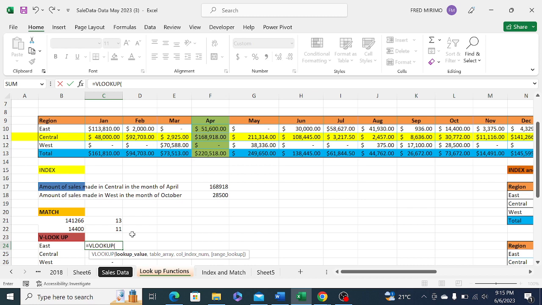You see now my region, it's common. So the value I'm looking for in this cell is the East region. So when I go to my array here, that is the common region that I will use to match this data. So the lookup value here is East region,